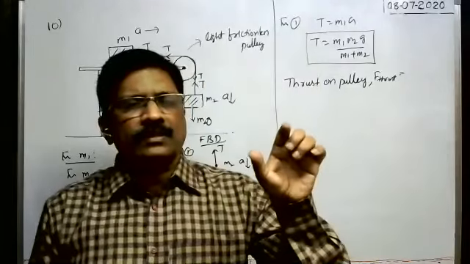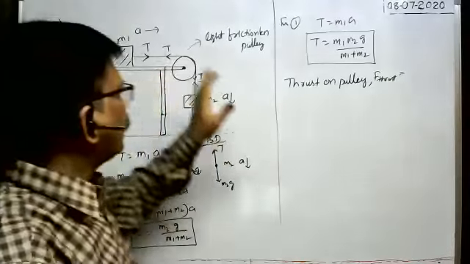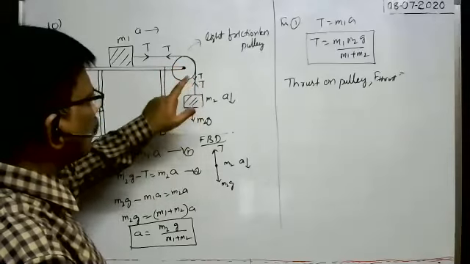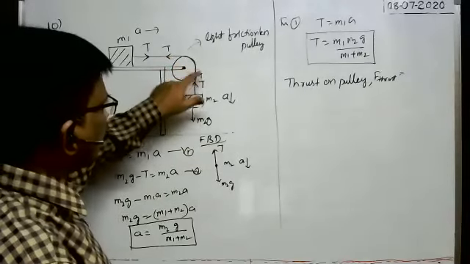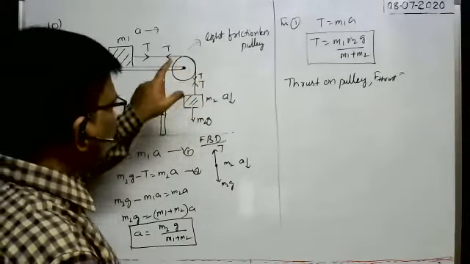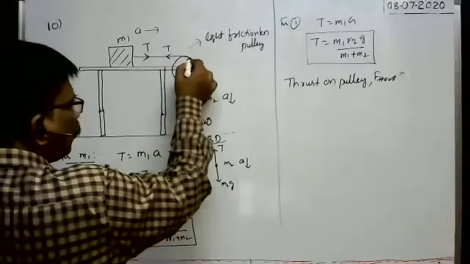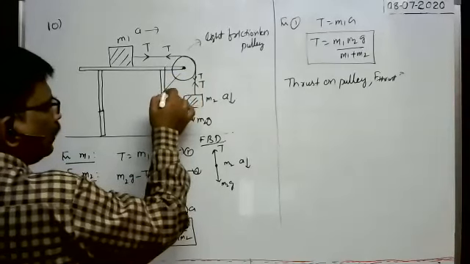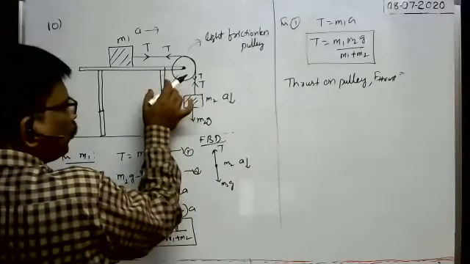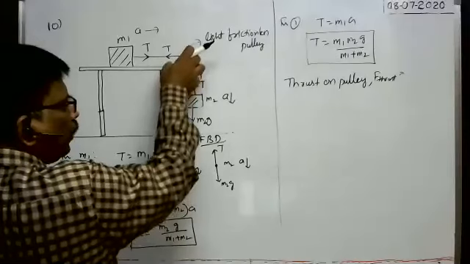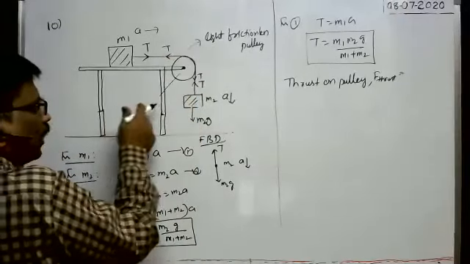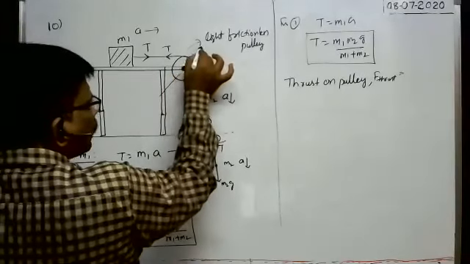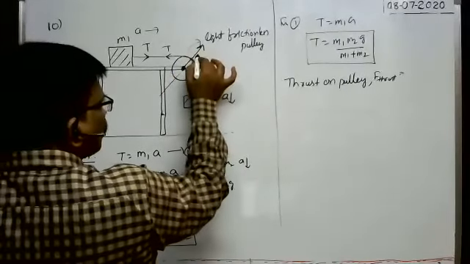Whenever two tensions act on the pulley exactly at right angles to each other, then the resultant tension is equal to the square root of T square plus T square, that is root of 2T square, which means root 2 T. That root 2 T acts in this direction. So because of this root 2 T force, the pulley is pulled in this direction. At the same time, the support is there, no? That support exerts the reaction force on the pulley in the opposite direction, which is the thrust.